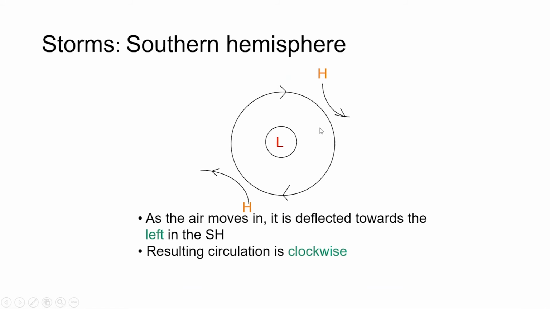Similarly, in the southern hemisphere, suppose there is a low pressure region, due to which the air is blowing from the equator to here and from the poles to here. But due to the Coriolis effect, it takes a left side curvature. So therefore, the wind is blowing in this direction and in this direction. Due to this curved flow, there is a circulation, and that circulation is clockwise. So always the circulation direction of cyclones in the southern hemisphere is clockwise.